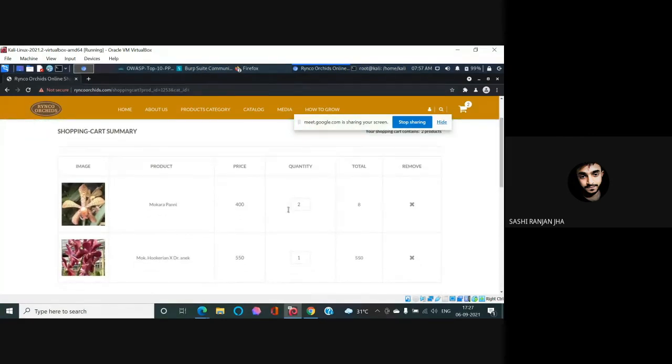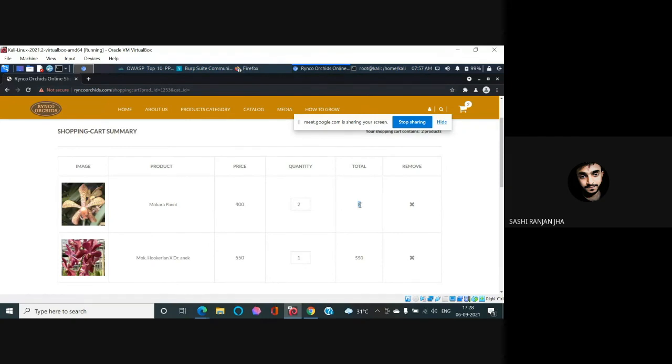Yeah, so here you can see I am ordering two of this plant, which for a single plant costs 400, but as I did the IDOR, it was infected with the IDOR vulnerability. The cost that is showing me is just 8 rupees, because I changed the price to 4 rupees, not 400.